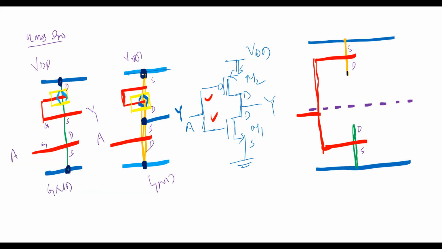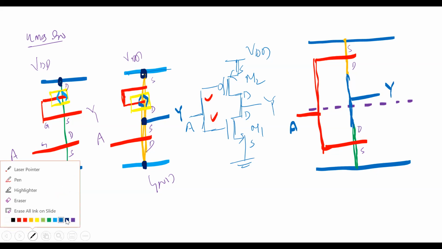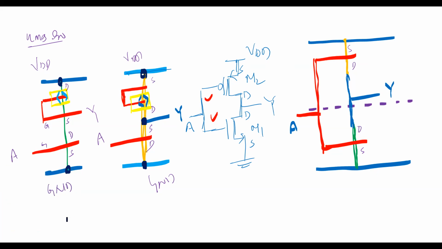So this is my metal. Use it to join these two. Okay, and the output I can take here, so I can extend the metal. I can take the output here. Input is here. Okay, and one more thing is I want to put the contact cuts. Wherever the contact cuts are required, I can put them here. So here is a ground and source joint contact cut. Here source and VDD joint contact cut is required, as well as